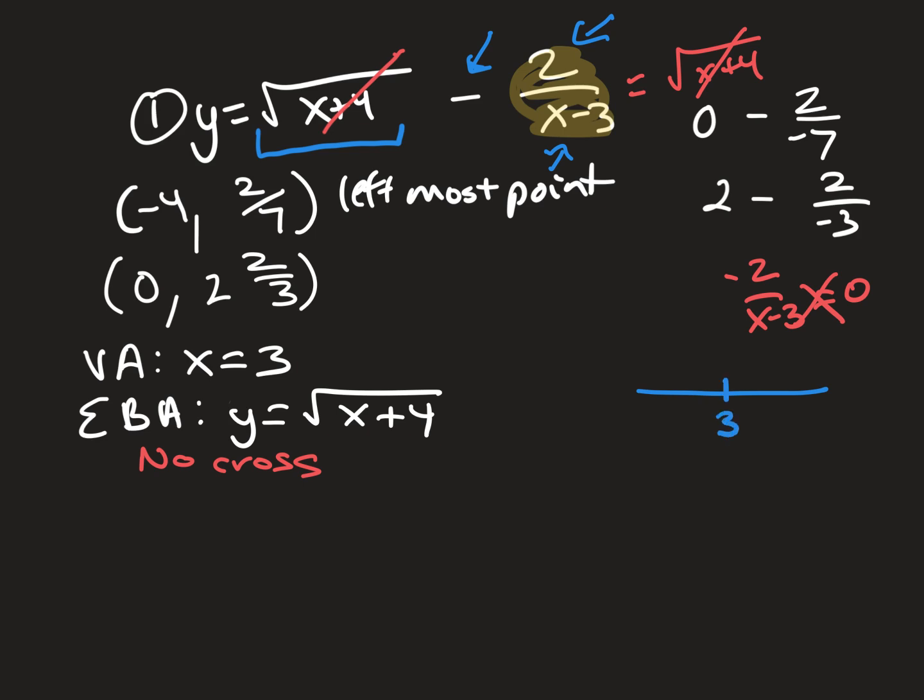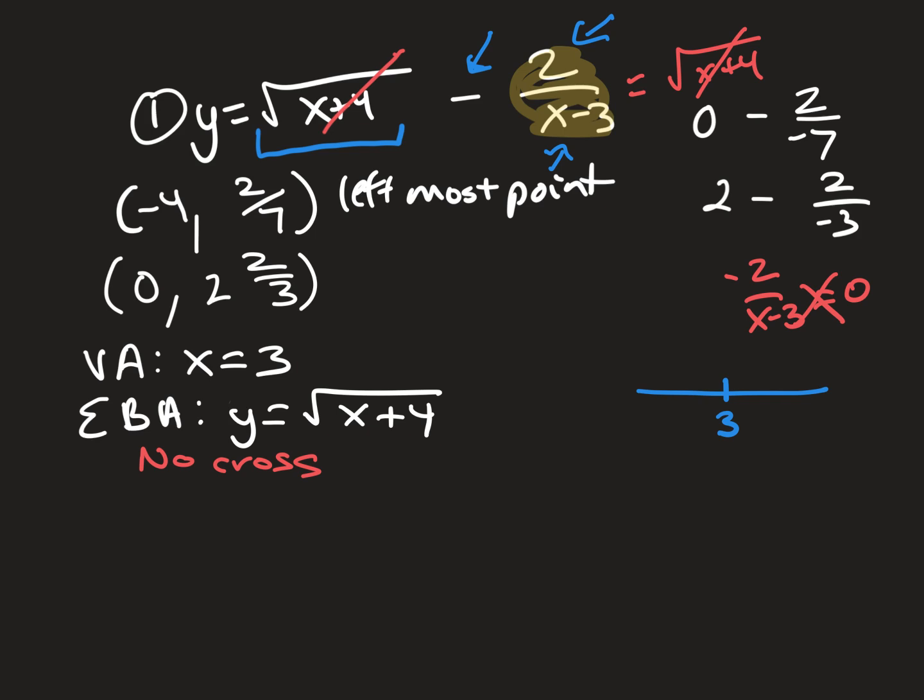And there's only one place for that. So I'm only going to be putting 3 on this chart. And again, it's not a sign chart in terms of above or below the x-axis. It's a sign chart in terms of above or below the EBA. So if I plug in values greater than 3, say I plug in something like 4, then this piece here,